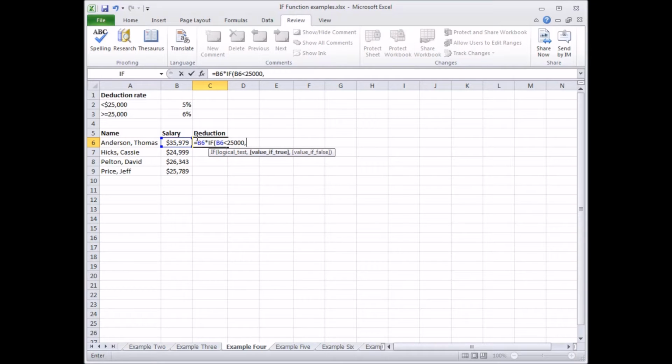And if true, then the deduction rate is 5% or cell B2. Now I need this to be an absolute cell reference so that when the formula is copied down the column, B2 won't change to B3 and so on. So I'll press the F4 key on my keyboard, and the $ signs signify this is an absolute reference. I'll type a comma to separate the value if true argument from the value if false argument, which is 6% or cell B3, and again I'll press my F4 key to make this an absolute reference, and I'll type my closing parentheses and press enter, and there's my deduction,